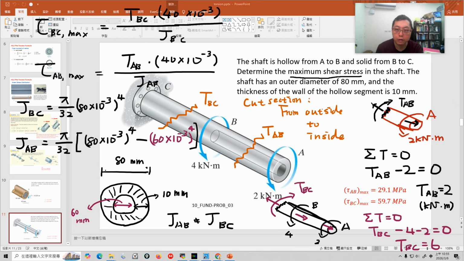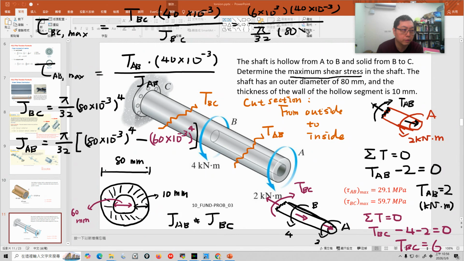Just lump everything together, and don't forget there is a kilo here. For example, for TBC equal to 6, you need to use 10 to the power 3. Sorry, this color is not very good. So TBC here, don't forget this is in kilonewtons. So you should use 6 times 10 to the power 3, and then times 40 times 10 to the power minus 3. And then JBC, I don't have the number here, but